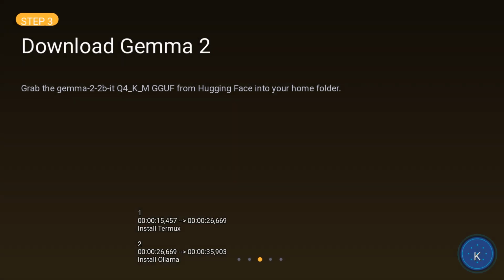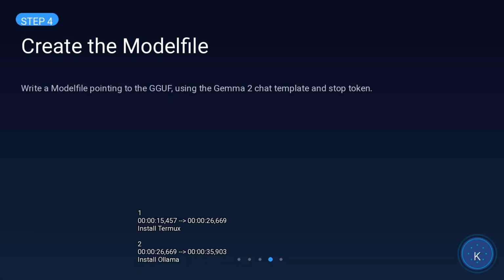Download Gemma 2. Grab the Gemma 2-2b q4_k_m GGUF from Hugging Face into your home folder. Create the model file. Write a model file pointing to the GGUF, using the Gemma 2 chat template and stop